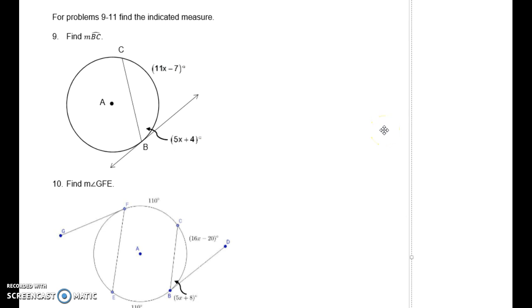So for instance, here we want to find arc BC. We know that this arc right here is 11x minus 7, and we know that this angle, which is a tangent chord angle, is 5x plus 4. So we want to use the idea that we just explored, with the tangent chord angle being half of the arc, to set up a problem like this. What we're going to do is take half of the arc, 11x minus 7, and that should equal